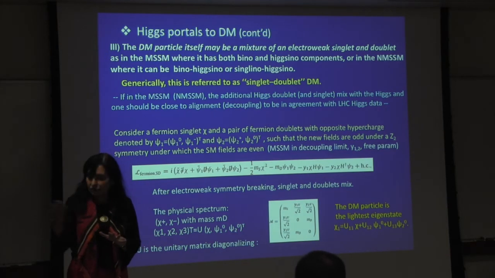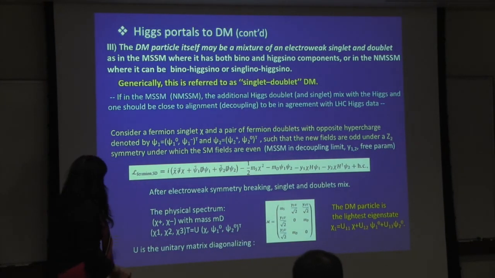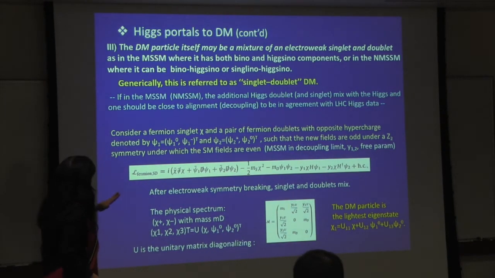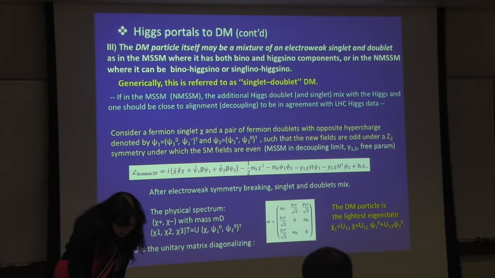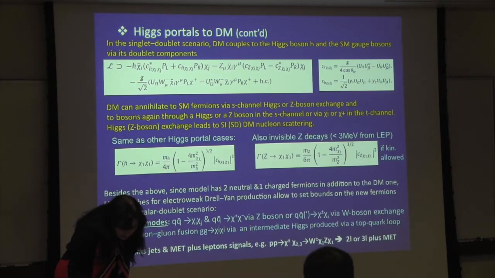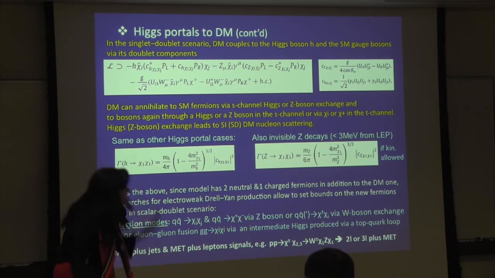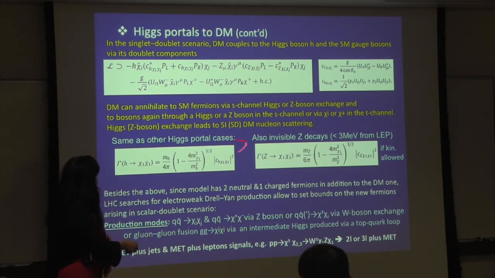The neutralinos are this type of portals, and I won't go into these details because I want to move differently, but of course we study this type of portals. In supersymmetry there are very strong correlations in the parameter space, and even in that case you can get a lot of good things there. Of course, in these models, again, in all these Higgs portals, you have the Higgs going into dark matter, so you will have strong constraints from invisible Higgs decays,